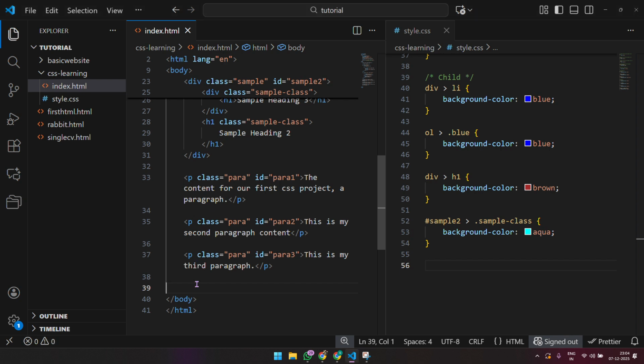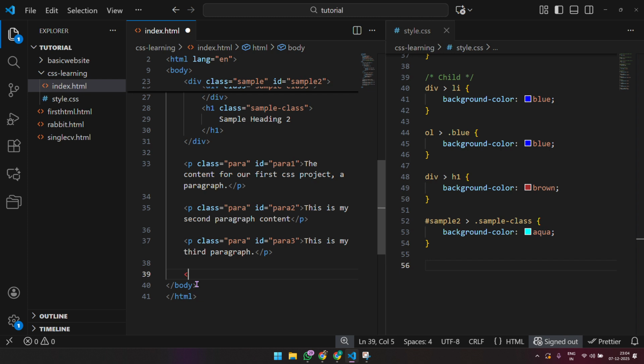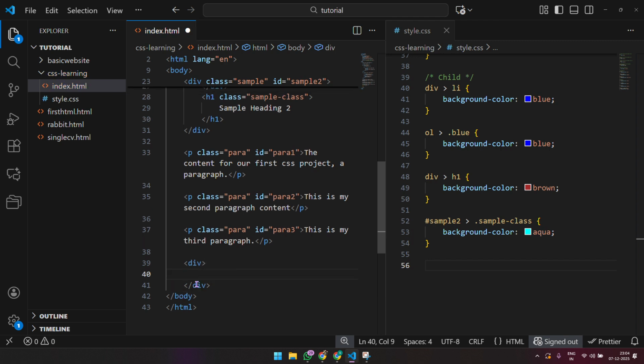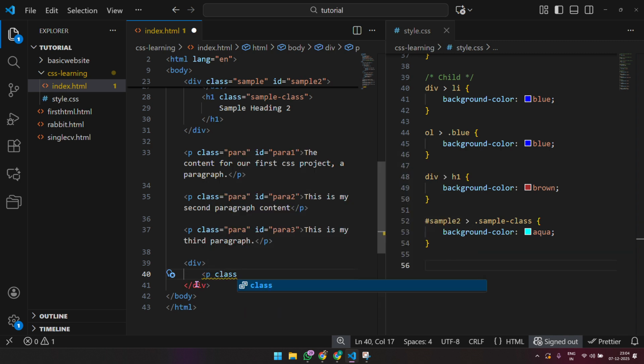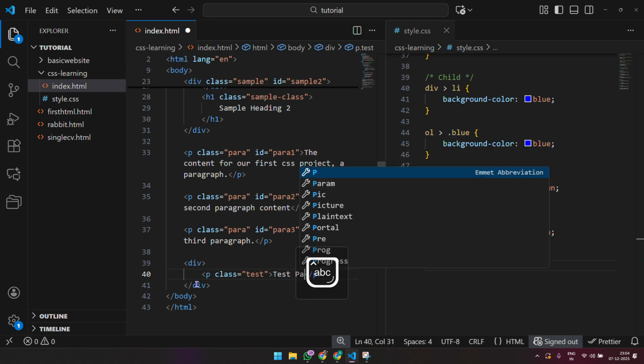But yeah, it sounds a bit confusing when I say it, so I'll make an example out of it. So let's say we create a new div so that we have a parent element, and we create 3 paragraphs here. P class equals test. No, we'll not give it an ID. Let's say test paragraph,